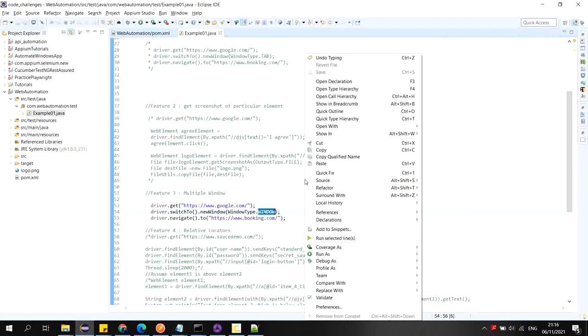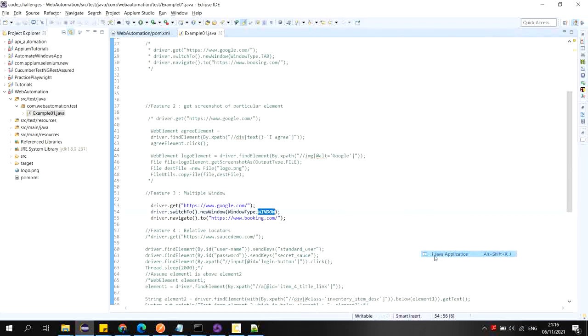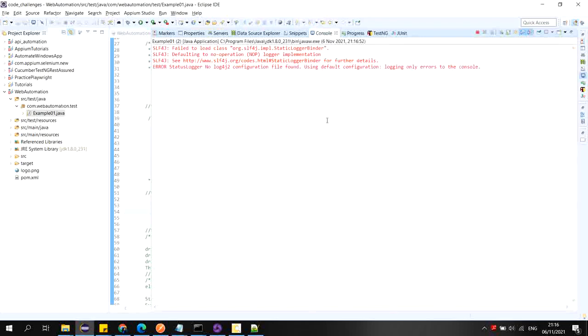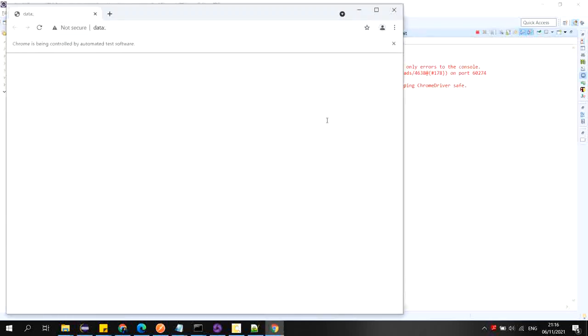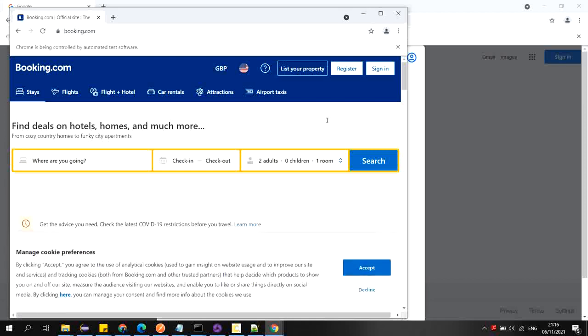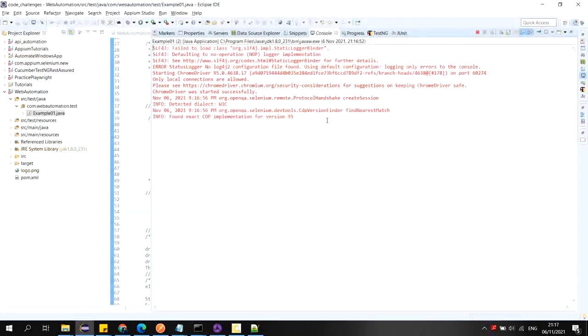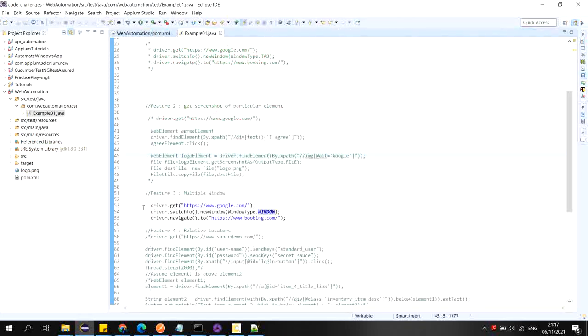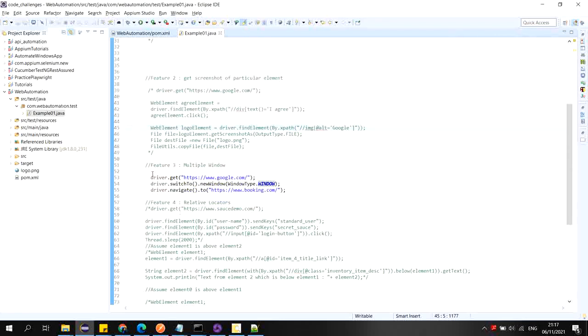At that time you can use this method. You can see that multiple windows get opened. In the background you can see google.com, and after that they have opened booking.com. This is the code for that one.